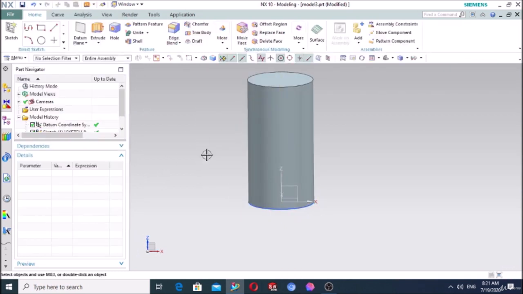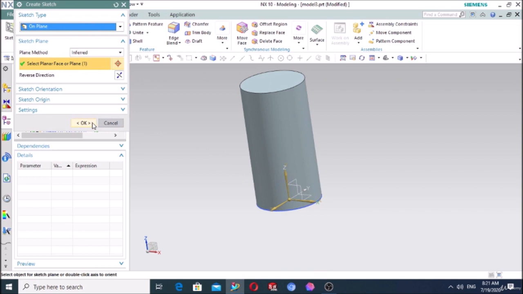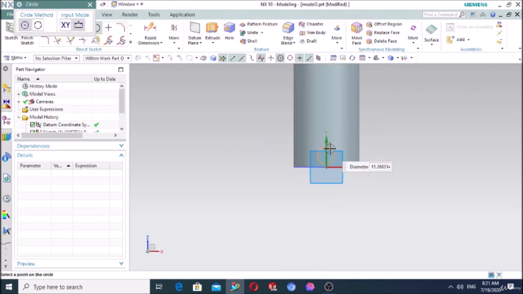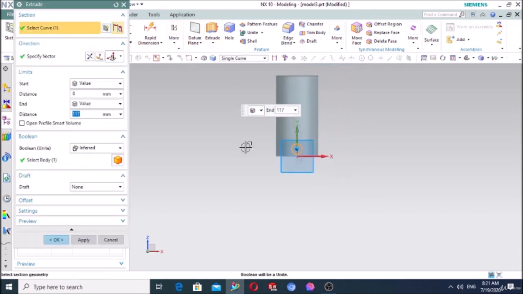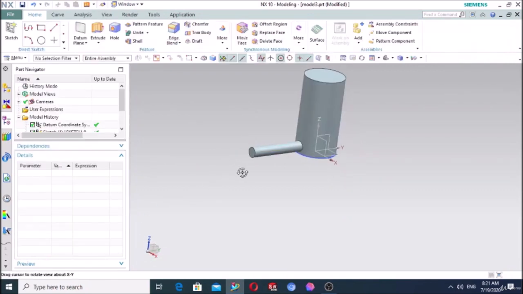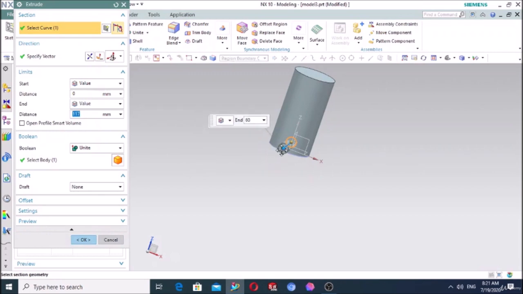Press OK. Let's draw one feature on the surface of the cylinder. Okay, for example, let's make it smaller